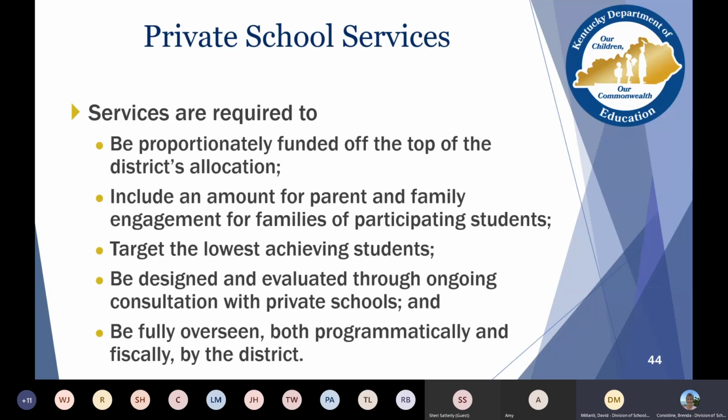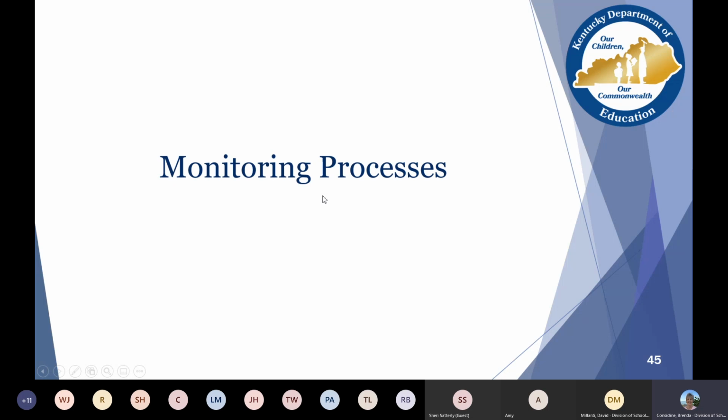Okay. I know that in the handbook there is a section on equitable services, and it's a great resource to go to if you have any questions. And on the Title I web page, there's stuff you can click on at the very bottom for equitable services, and then contact David anytime, because he is the guru, and he can guide you in the way you need to be successful with this. It is hard to remember all the different pieces. It's like a huge machine, and there are so many gears in Title I. Oh my goodness. Which then leads to the monitoring processes.